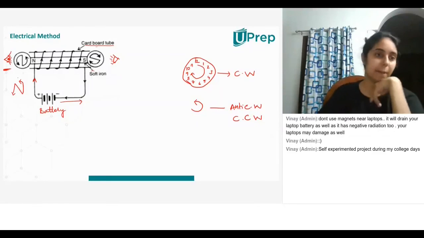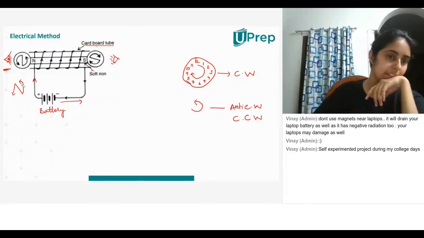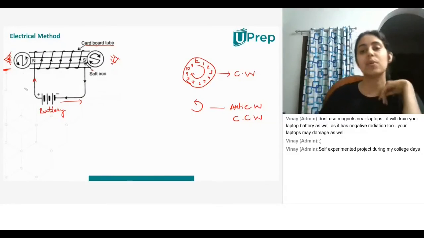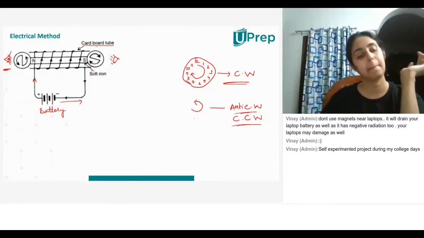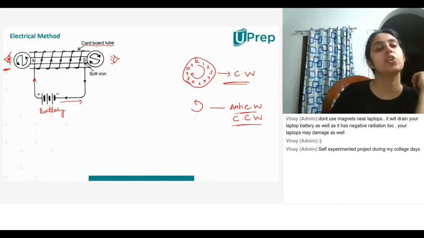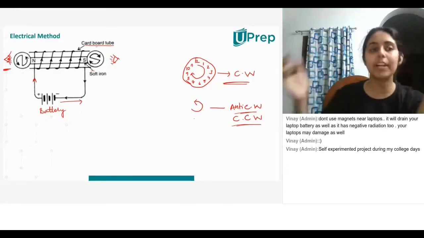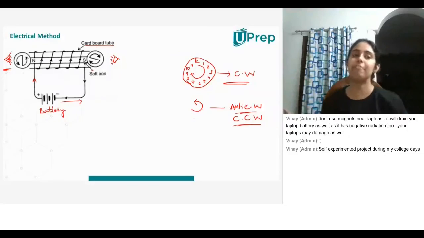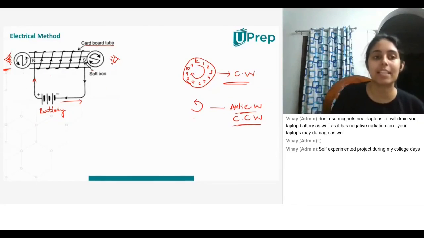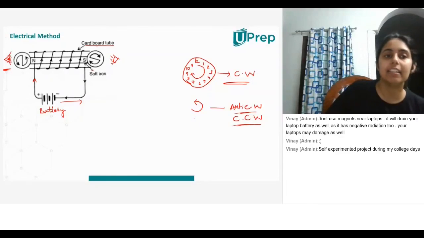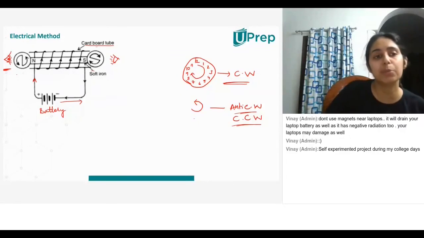For some minutes I was not able to hear you. Can you please repeat? Yeah, so I said this is clockwise direction, and anything opposite to the clockwise direction is anti-clockwise or counterclockwise. Is that clear? Yeah, ma'am. Okay. So now if I look at this setup from the left hand side and the current is flowing in the anti-clockwise direction, then that is the North Pole.